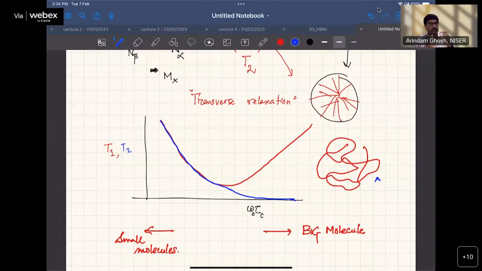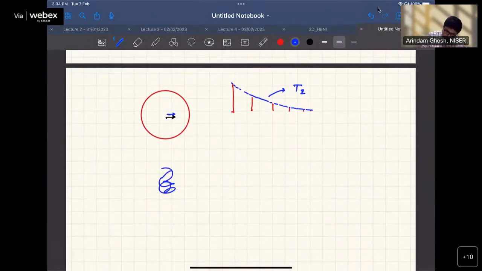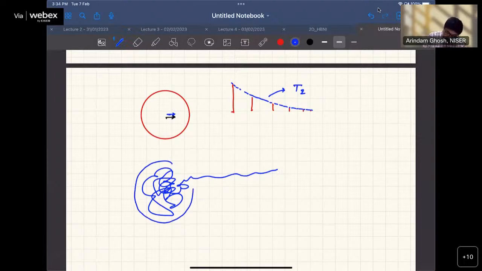Suppose the protein molecule is something like this. Protein molecule is often like this. You have a core which is very tightly folded, and then you have a tail like this. Suppose this is the unstructured part of the molecule. The protons from here will have drastically different T1, T2 from the protons coming from this particular tail, because this tail has a lot of fluctuation like this, right? So the environment is changing. It is not only rotation, but the environment is changing much faster with respect to the protons in